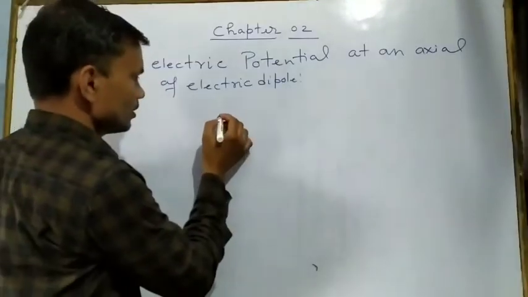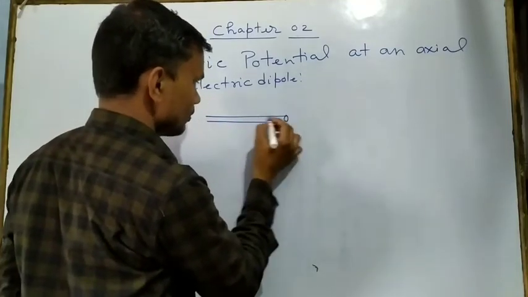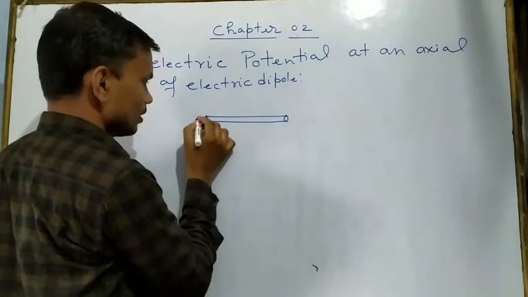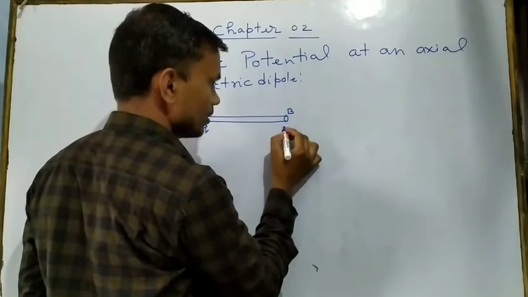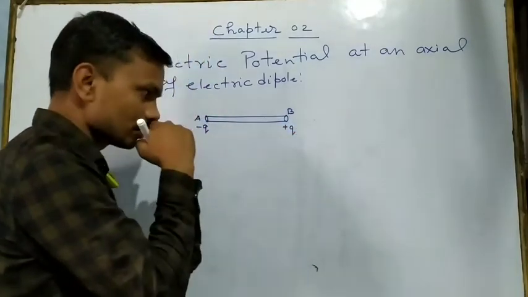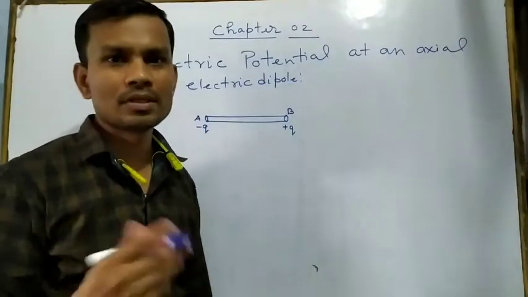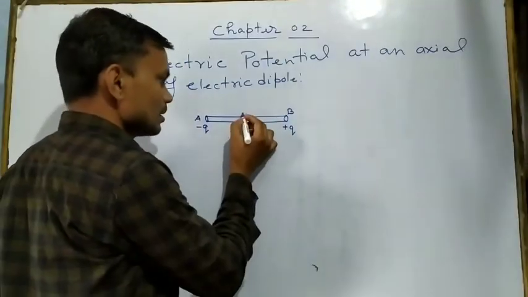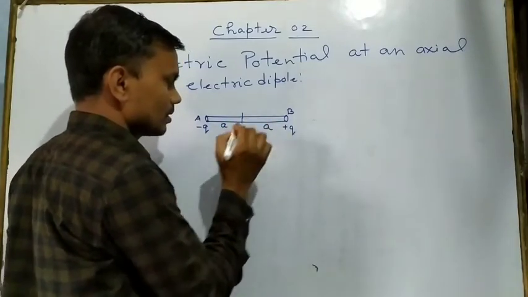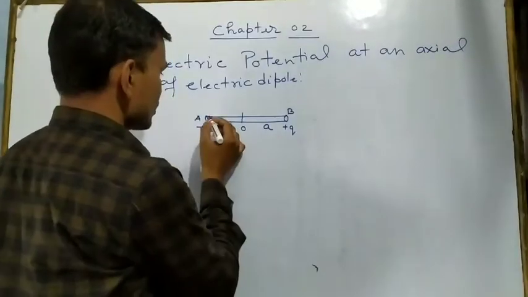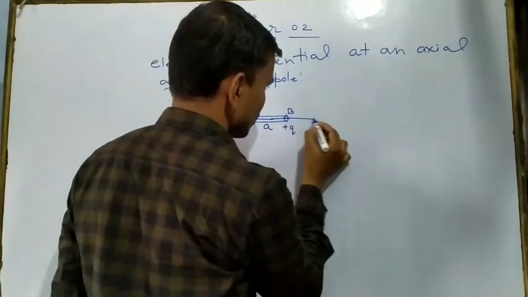So here you have to see, an electric dipole means a system of equal and opposite charges that is separated by a finite distance. Suppose this is point A and here this is the minus q charge, and at point B we are keeping the plus q charge. Means both ends of this electric dipole have equal and opposite charges, right? Suppose this is the center of the electric dipole, and this is also A, and suppose this is an axial line passing through this electric dipole.